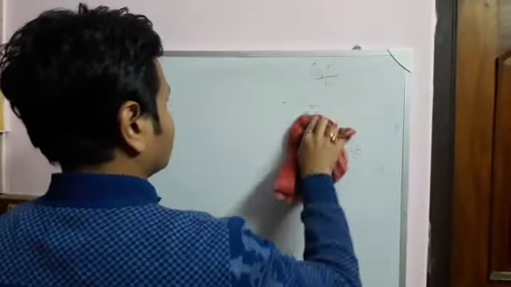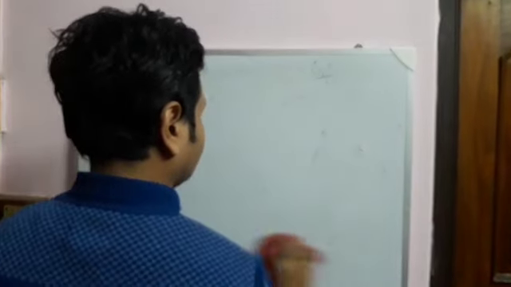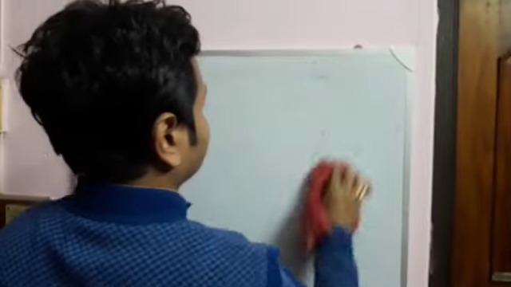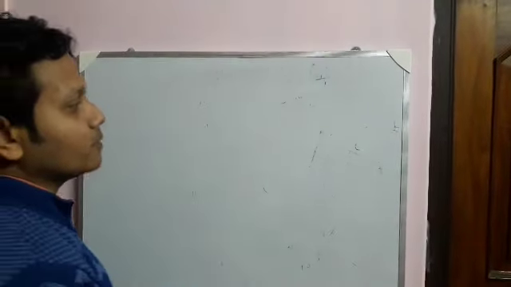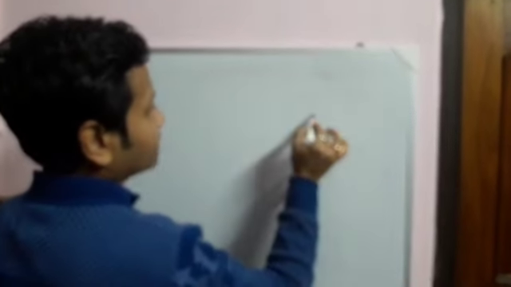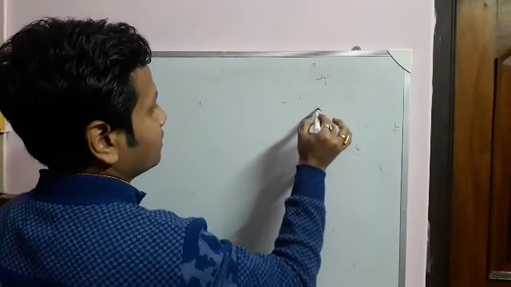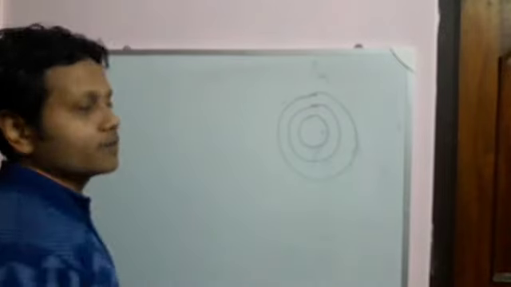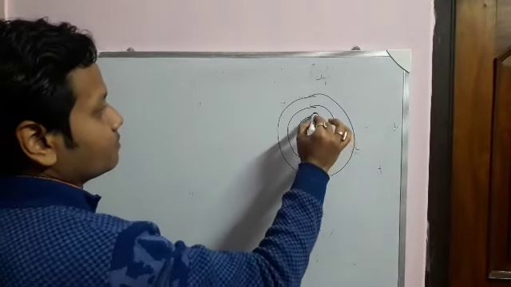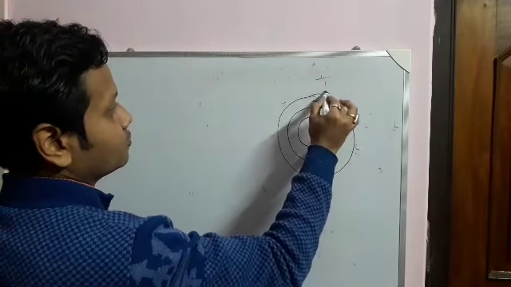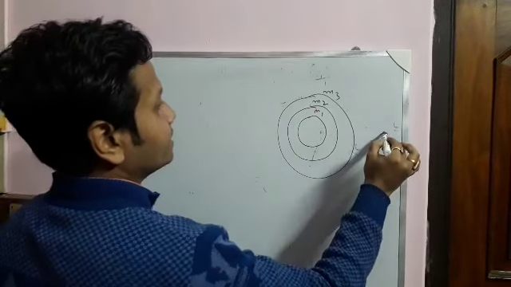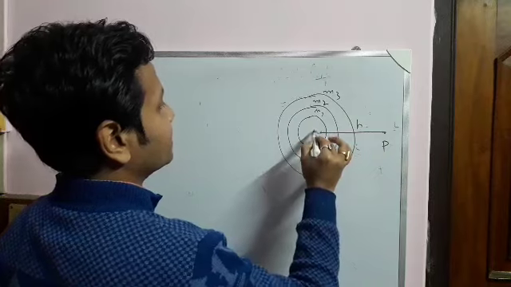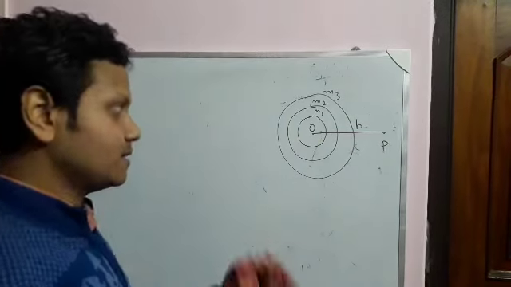So let us calculate this. A sphere is made up of a large number of spherical shells. Say this is one, this is of mass m1, this is of mass m2, this is of mass m3. And if you take a point P at a distance r from the center, then it is very easy to